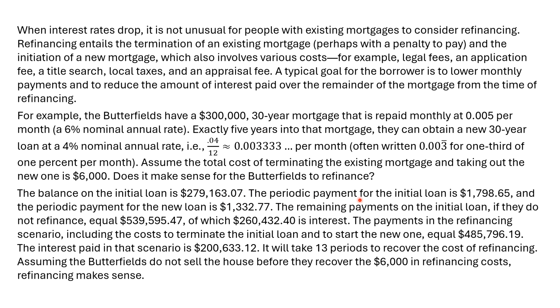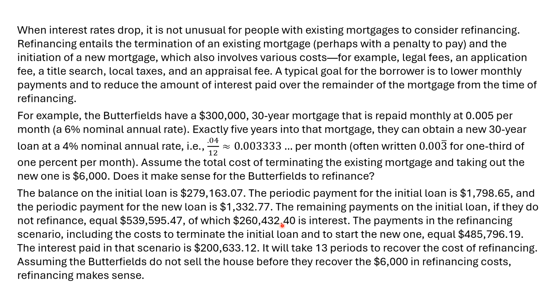The periodic payment for the initial loan is $1,798.65, and the periodic payment for the new loan using this new interest rate is much less, $1,332.77. The remaining payments on the initial loan, if they do not refinance, equal this number here, of which this